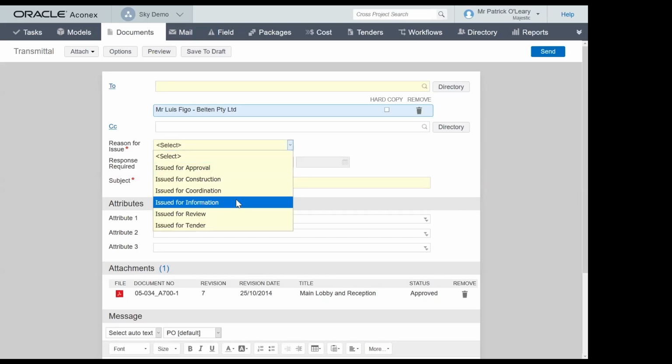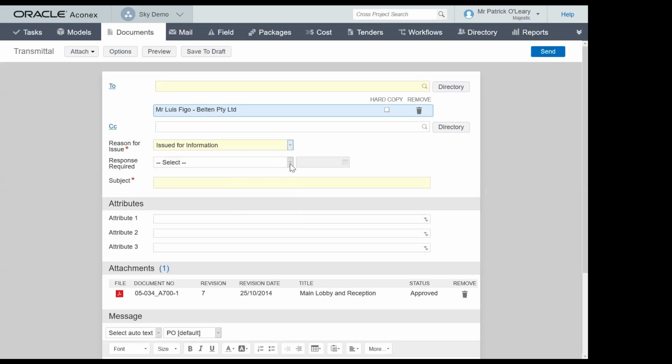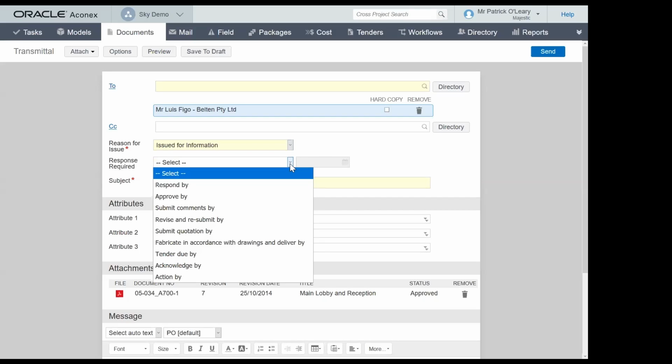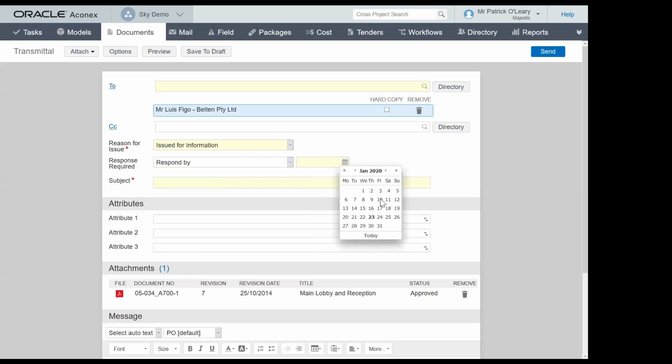And then I would have the various tags here. Why am I sending this? Is it for information? Is it for coordination? For instance, does he need to respond to this? Again, it depends on the project requirements. For instance, RFIs will require a quick turnaround so that work does not slow down. In this case, if he doesn't need to respond, you can leave it blank. But if you require a response, you can give him a deadline of, let's say, 3 days, and you should get an answer on Monday. So let's say this is the sizing specifications.